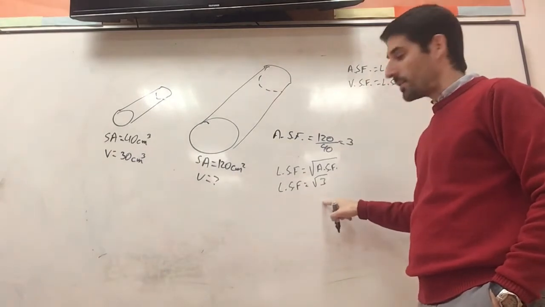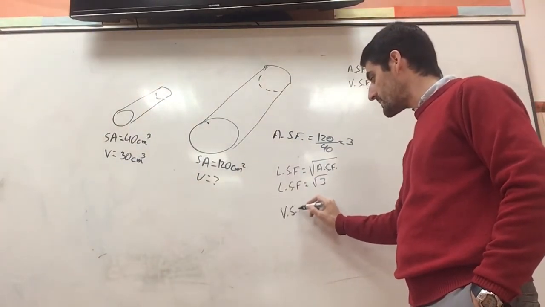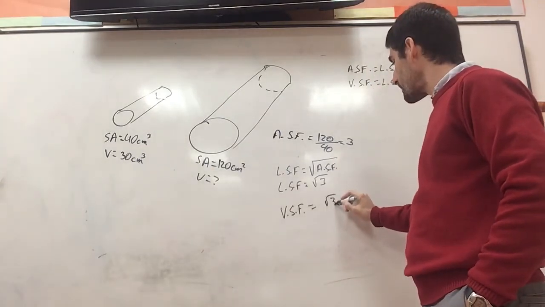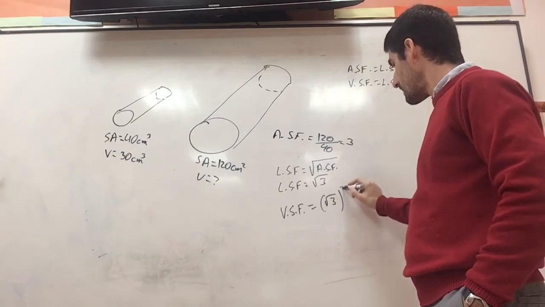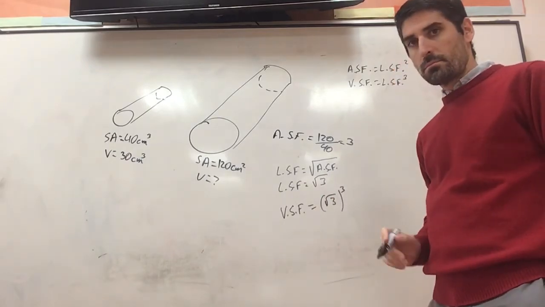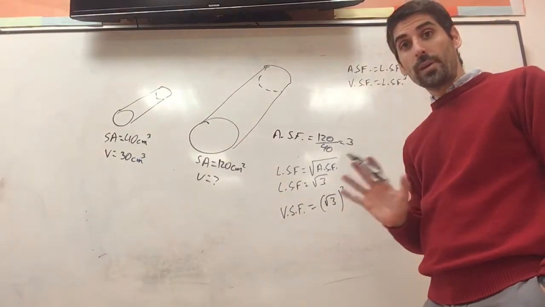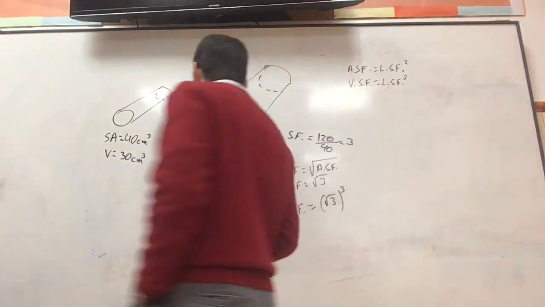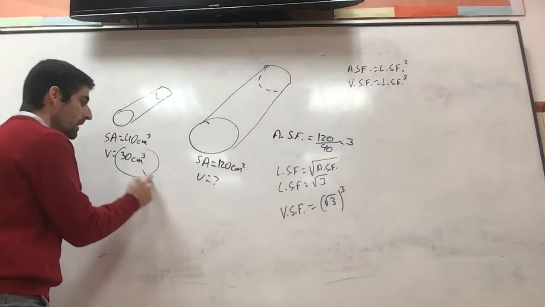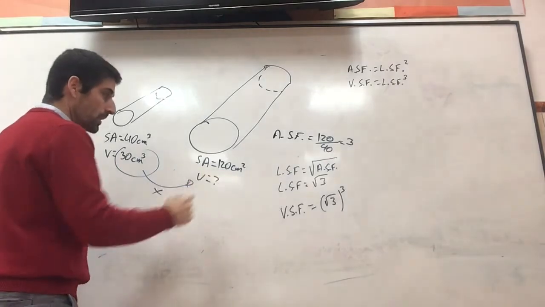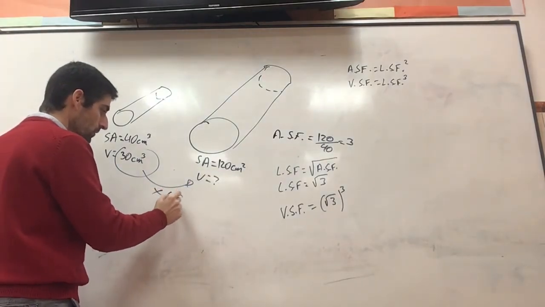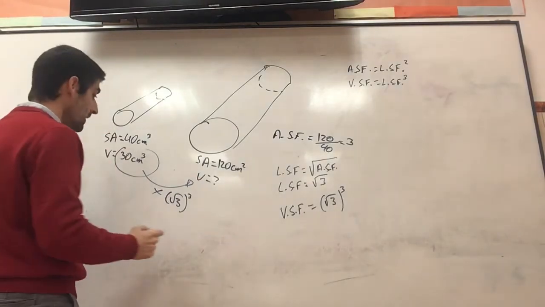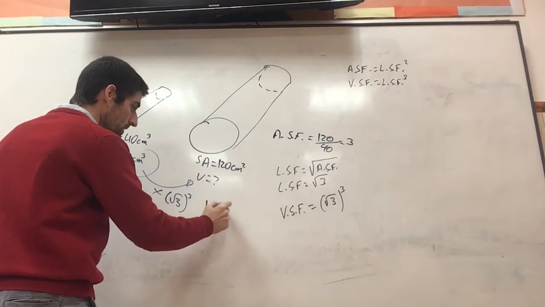Once I know the length scale factor, I can find the volume scale factor, which is going to be the square root of 3 cubed. Whatever that is in the calculator, don't figure it out just yet. So then, to find the volume of the big shape, I need to take the volume and multiply by the volume scale factor, which is the square root of 3 cubed. So now I get my calculator out, and the volume is going to be 30 times